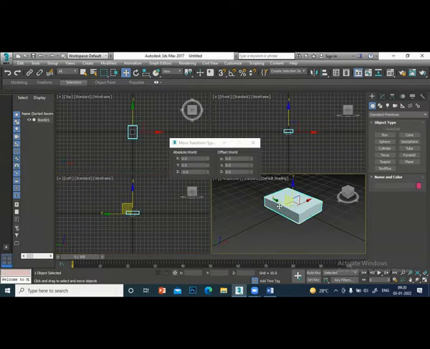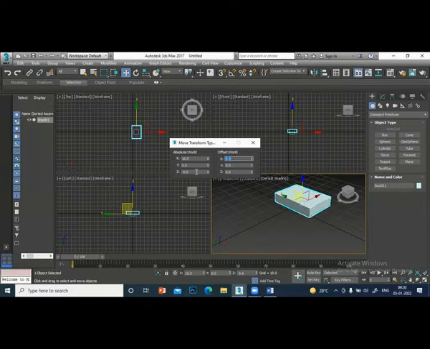Now, if I want to move this object 10 units in the x direction, I will give the value x 10. It moves 10 automatically. Its x coordinate changes to 10. Earlier it was 0. Suppose you want to move in the y direction, you give y 50. Automatically now your object is at x 10, y 50, z 0. I can give a z value also. I'll give z say 10.